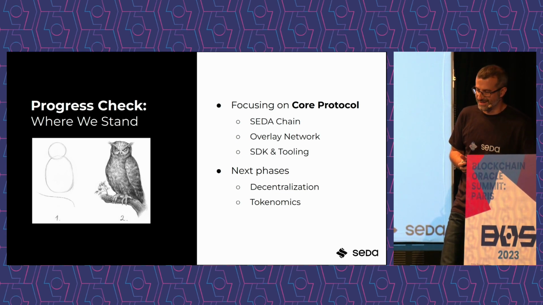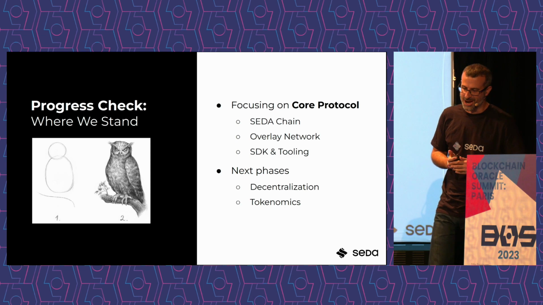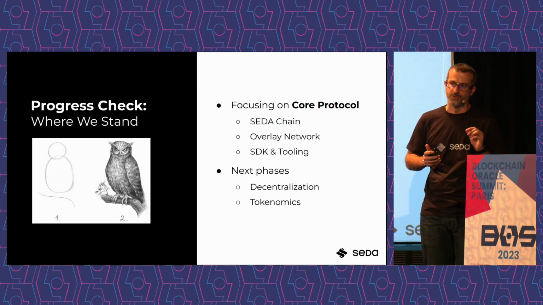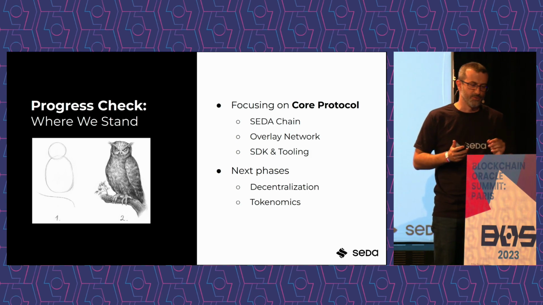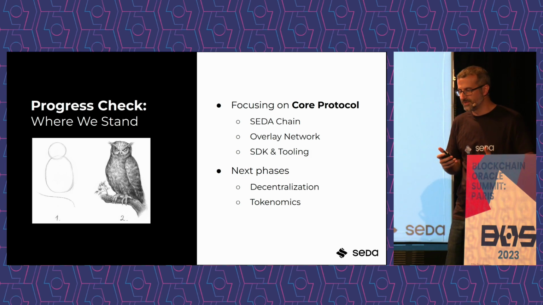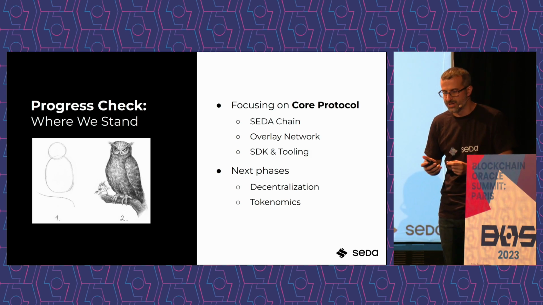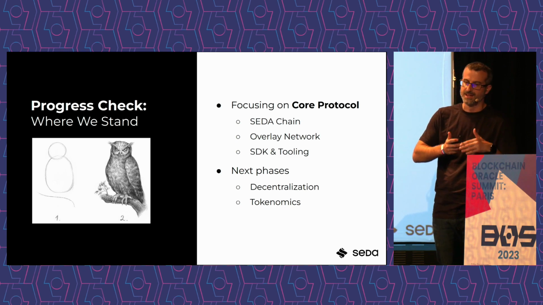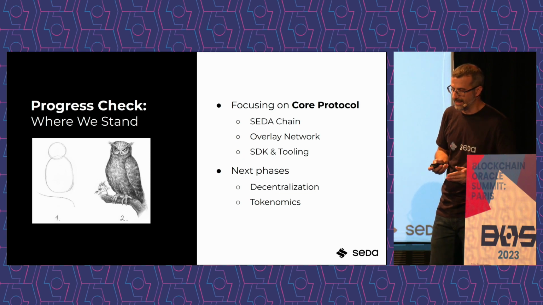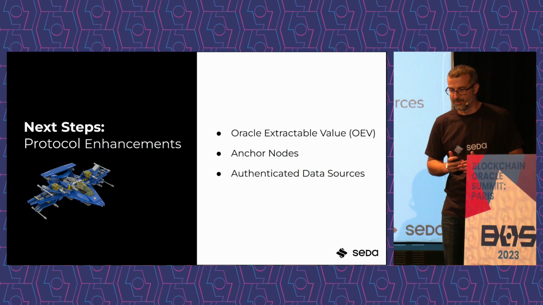And the next phase is, this is oversimplified, decentralization and tokenomics. That's why this owl is there. The idea is that first we focus on the core protocol, then we check that we don't have single points of failure, that the security assumptions hold, and that everything is working as it should. Then we have to find the proper configuration so that the tokenomics hold and all the parties in the protocol have the incentives aligned. And that's my last slide, and I think it's my favorite one.